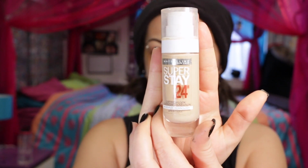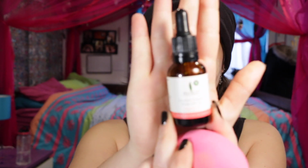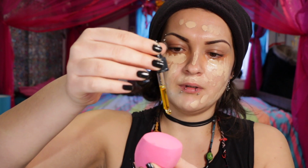So for foundation, I'm going to use this Superstay 24 Hour by Maybelline. Just going to pump it onto my hand, dab it onto my skin. With another damp beauty sponge, I'm going to grab my Sukin Rose Hip Oil. Now, oil with foundation really helps it have a flawless coverage. Usually I apply this oil straight onto my skin, but today I'm going to try something different and apply it to the sponge. So I'm just going to put a couple drops into my sponge and use that